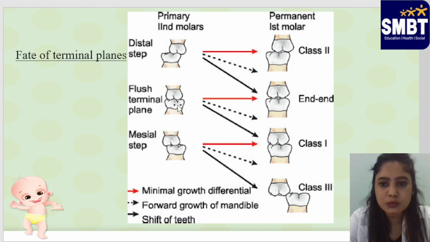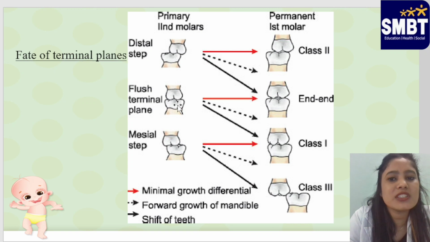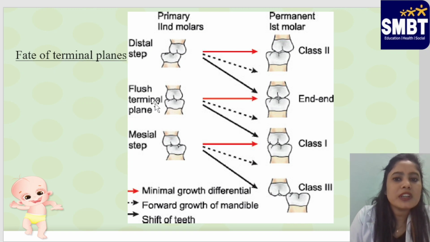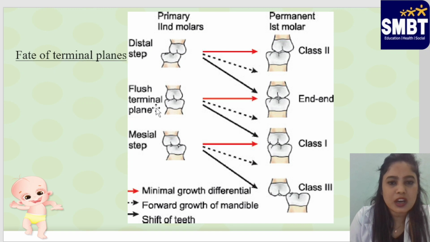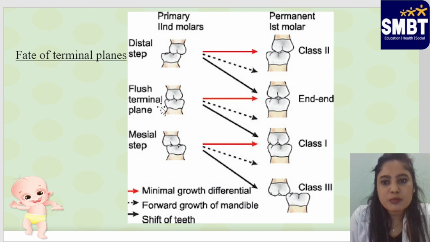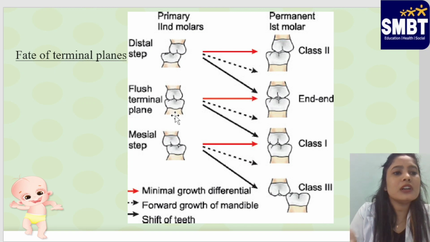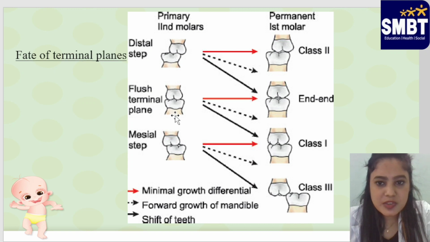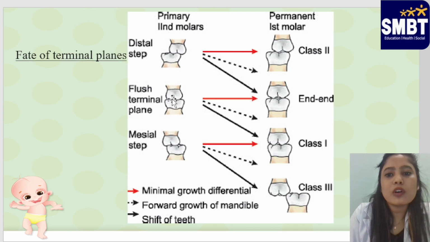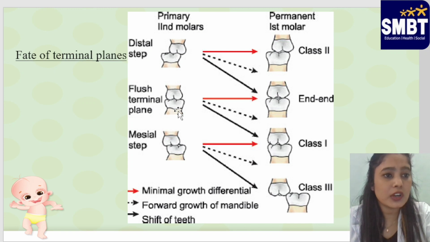Now, what is the shift of the tooth? There are two terminologies: late mesial shift and early mesial shift. In primary dentition, we are going to see early mesial shift. What is early mesial shift? There is an eruption of the first permanent molar at the age of 6 years. The eruptive force of the first permanent molar pushes the second primary molar in a more mesial direction where it occupies the primate space, which in the mandible is distal to the mandibular canine. Those are the primate spaces occupied due to the mesial shift of the second primary molar by the eruptive force of the first permanent molar. That is what early mesial shift is.